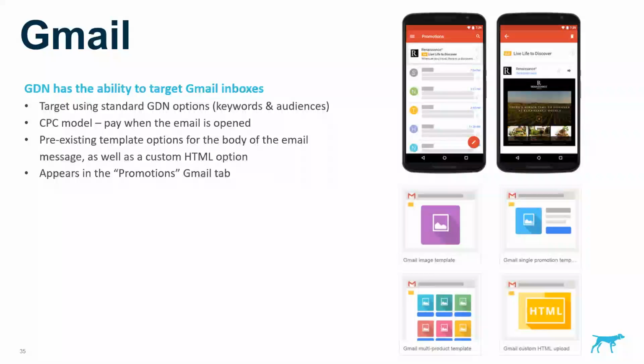but there's also just a single image with description and link, or a catalog template that means you can put multiple products in there quite easily. Again, it's in Google's interest to make this as easy as possible for users. These appear in the Promotions Gmail tab, alongside other ads, so it's not too invasive, and the people clicking through to promotions are usually more willing to engage with the ads themselves.